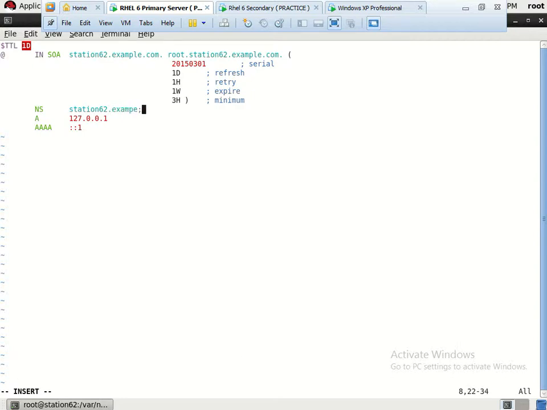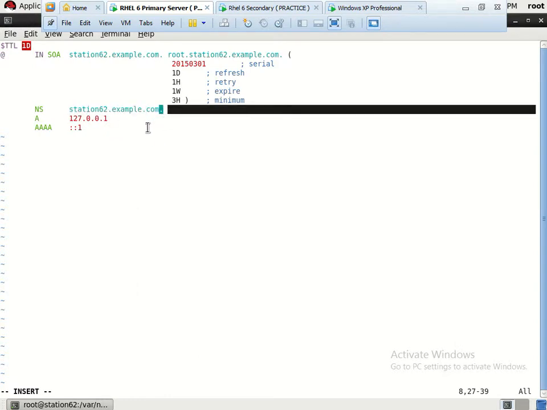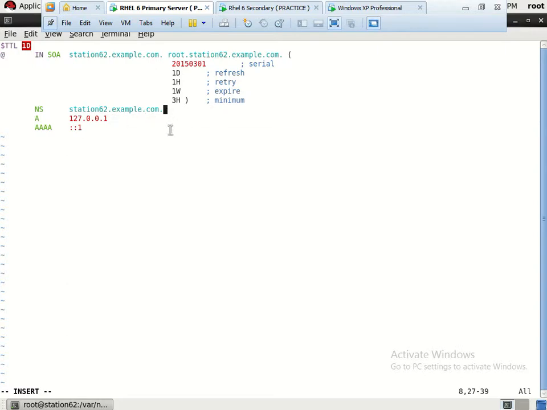This is again the name of our primary server, the FQDN of the primary server. Don't forget to put this trailing period. I am repeatedly saying don't forget to put this trailing period, and it is very important here. The A record means the IP address of our primary server, 192.168.61.62. No need to apply this option. Let us also define this record as an internet record.